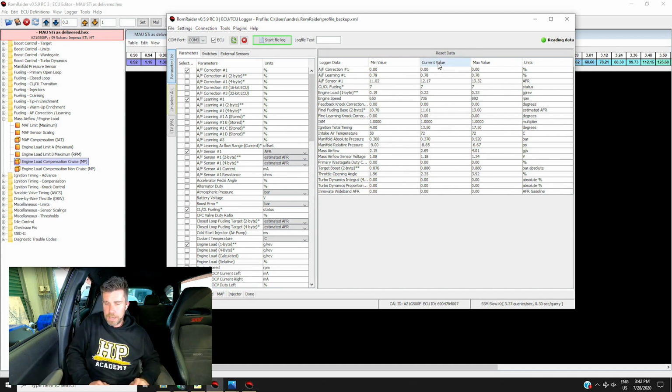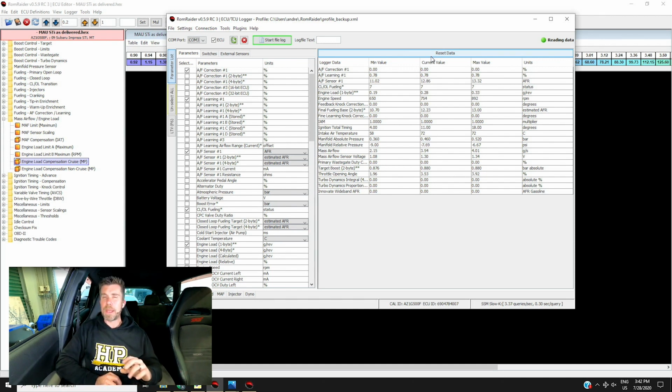We can actually see, for exactly that reason, the short-term and long-term fuel trims really aren't doing much at the moment. That's going to be important information to log if you are interested in looking at your fueling, which is going to be essential when we are tuning our mass airflow sensor scaling and our speed density subsystem, if we've got that sort of system in operation.